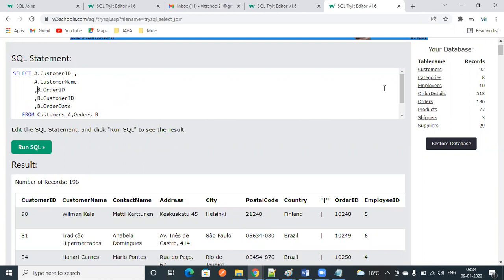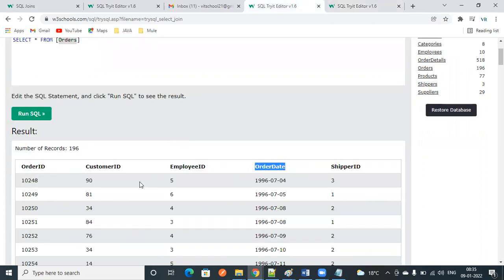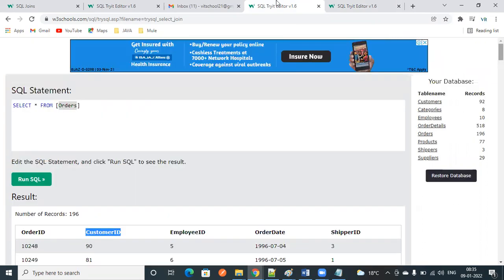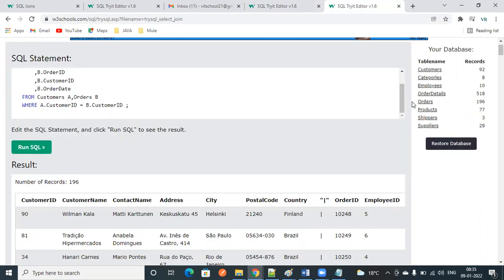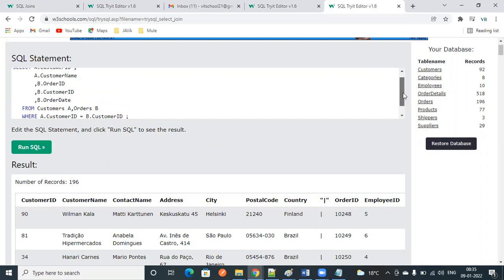Customer ID is in the B table also, right? Based on customer ID only, we are going to fetch the values. Just to verify the value, I'm going to display it 2 times. We don't require 2 times, just to see how it is going to work.